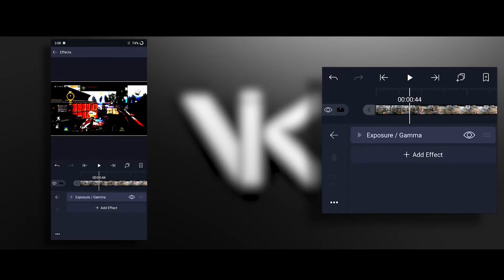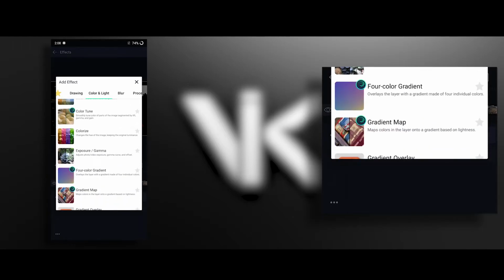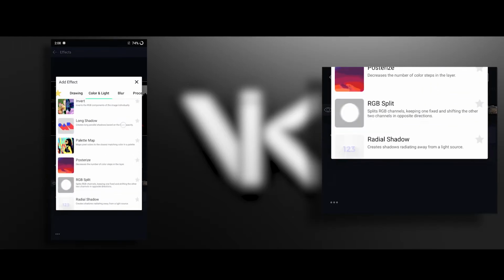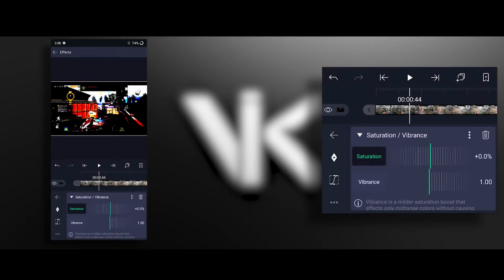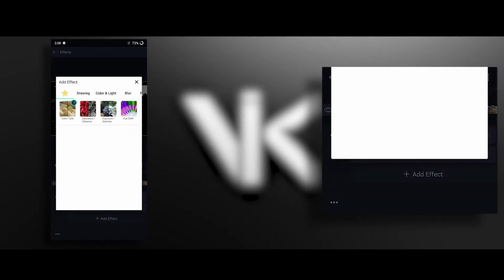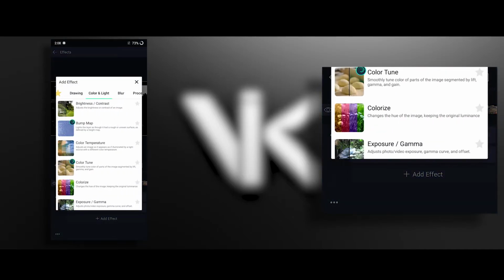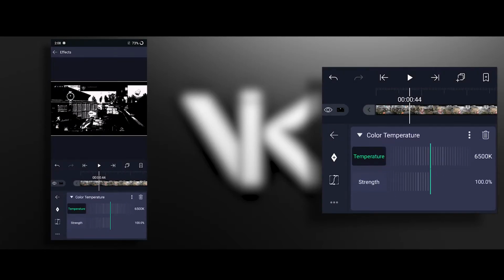Then let's come back, choose add effects again and go to the color and lights tab. Under this you should choose another effect, which is saturation and vibrance. Under this, decrease the saturation to its minimum and then come back. Now go to add effects again and then color and light. Now choose color temperature. Under the color temperature, you should decrease it until you see an orange tone,